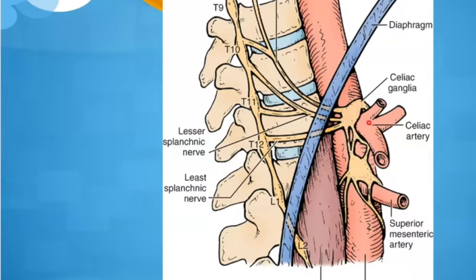Celiac ganglion is one, so this is celiac artery, celiac trunk. On either side of the celiac trunk, all together we call it the celiac plexus. Some fibers are joining here, ending here, and from there the second order neuron. Some fibers come down to form the mesenteric ganglion. Some fibers still come down to form the aortic-renal ganglion. It's like that. So celiac ganglion or celiac plexus, the better term is celiac plexus, because ganglion is only